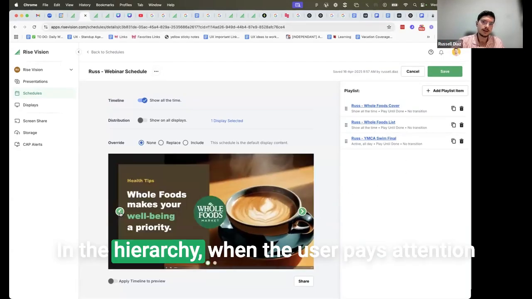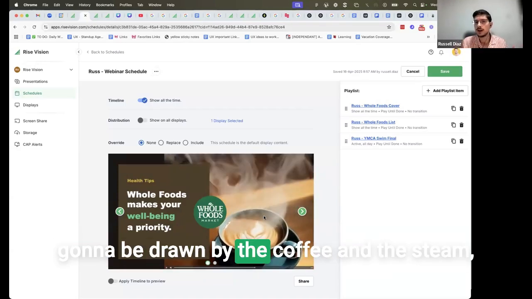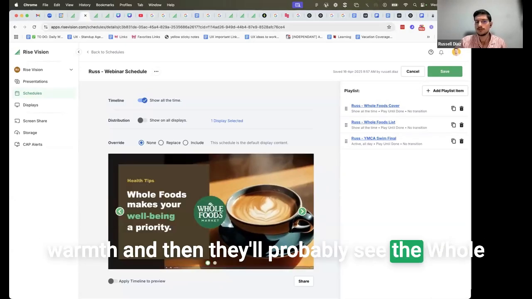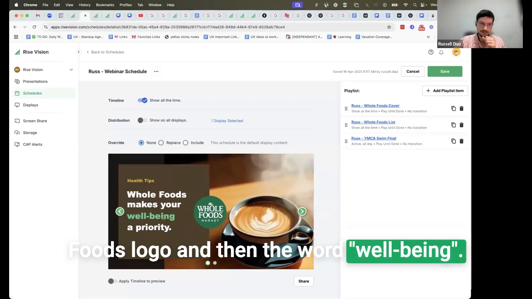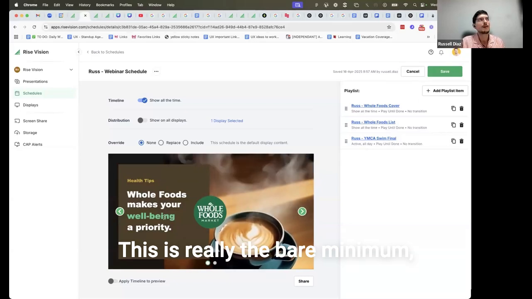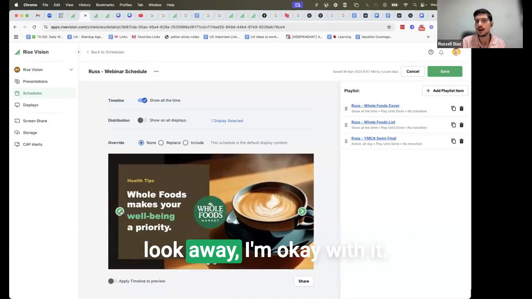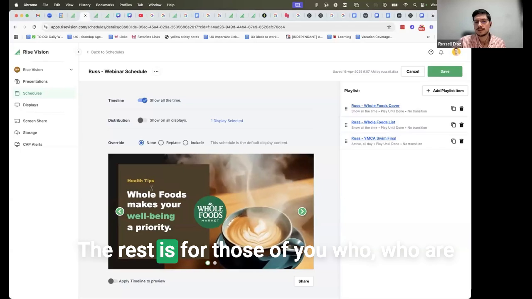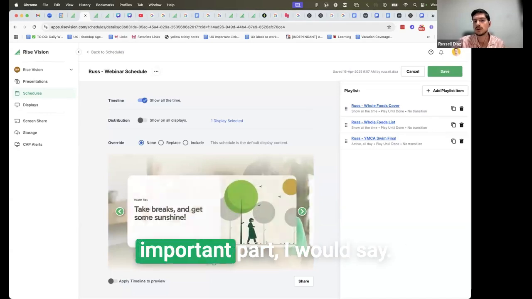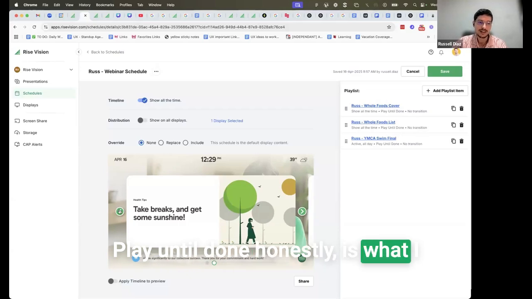In the hierarchy, when the user first looks at this screen, they're probably going to be drawn by the coffee and the steam, and they're going to get all those messages of warmth. And then they'll probably see the Whole Foods logo and then the word well-being. This is really the bare minimum that I want them to understand. But if they look at just that and look away, I'm okay with it. The rest is for those few who are going to stick around and read some more, but really well-being is the most important part. I would say play until done, honestly, is what I do, is my favorite,